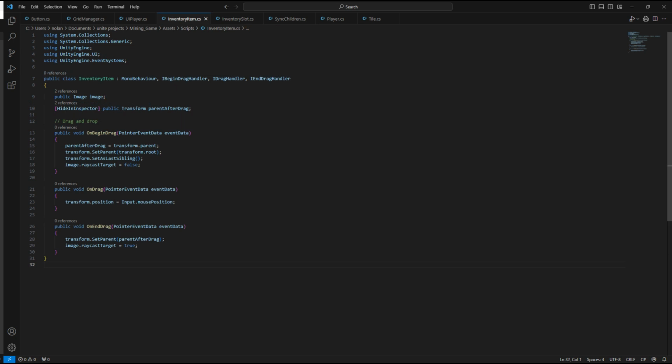And then all the inventory item does is when an inventory item is dragged, it detaches from its original position, follows the mouse cursor, and can be dropped back into the inventory. So that's